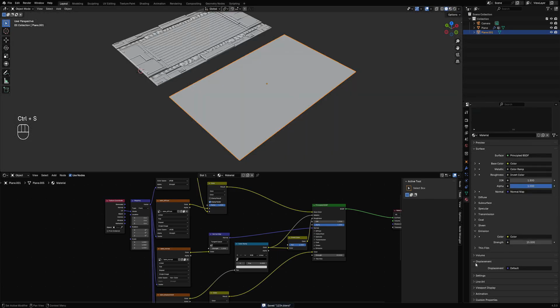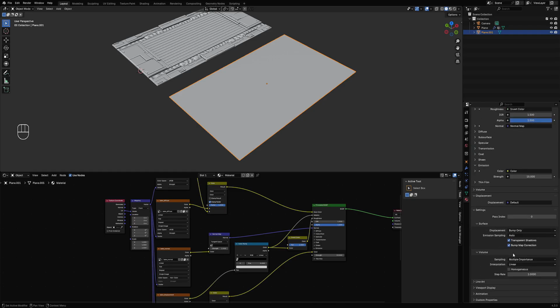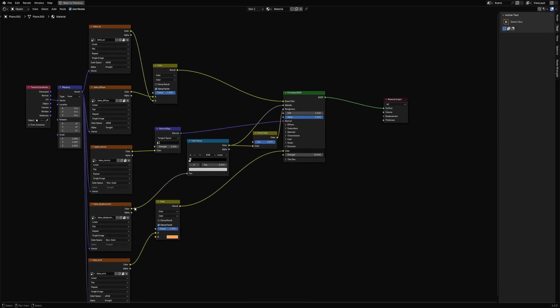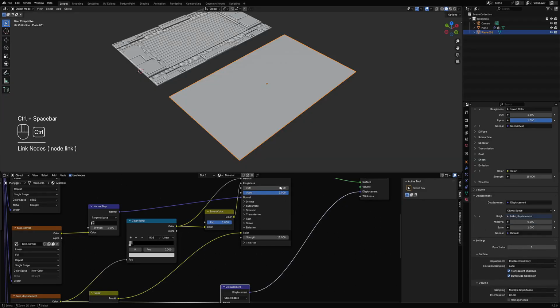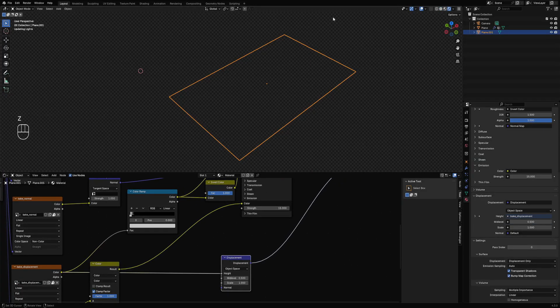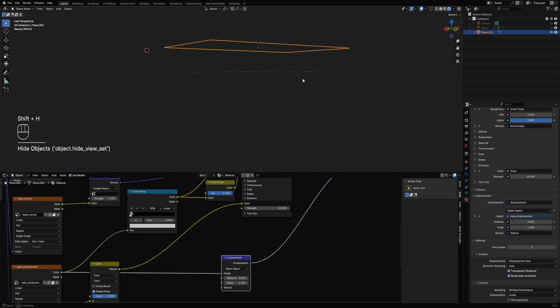We're going to go to material, and in settings, displacement, set this to displacement only. Okay. We're going to set the bake displacement here, and use the go to vector and use the displacement node here, and this automatically sets it to the normal input. Set this to high, I think. So